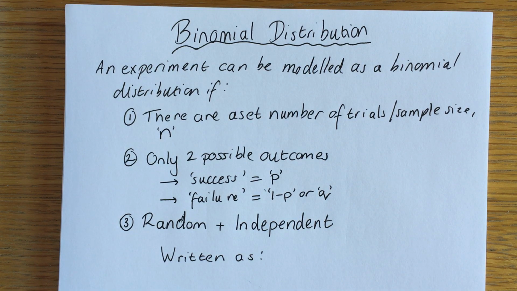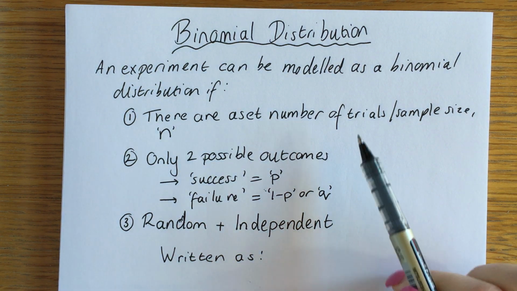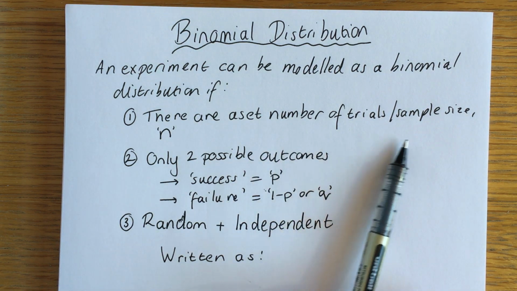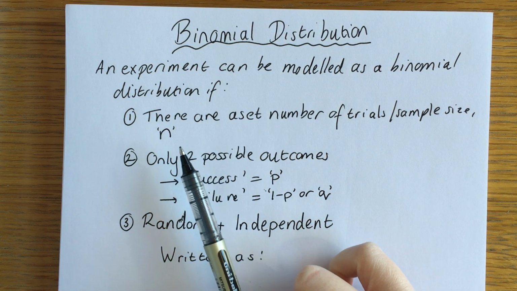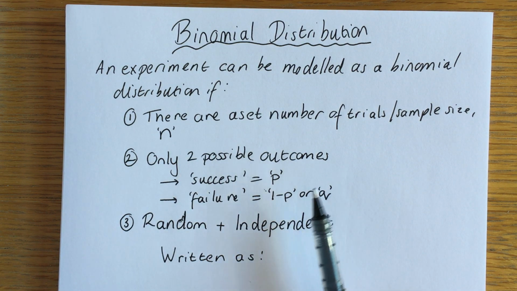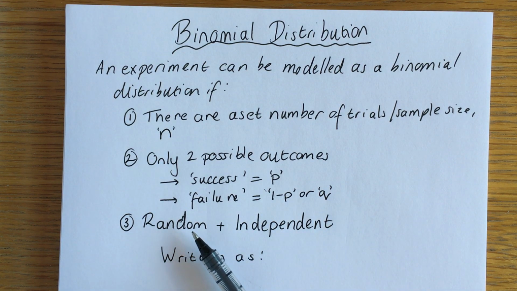Okay, so we're now going to move on to a specific discrete distribution, which is called the binomial distribution. This is a very specific distribution, and something can be modelled as a binomial in very distinct cases. So if there are a set number of trials or a particular sample size, which we call n, if there are two possible outcomes, one that we call success and one that we call failure, and if the trials are